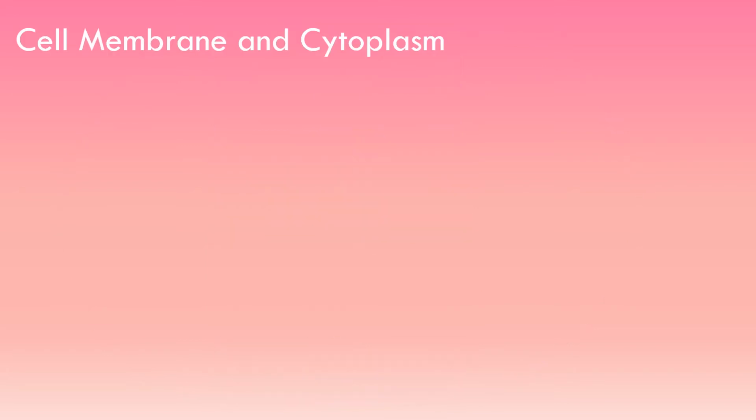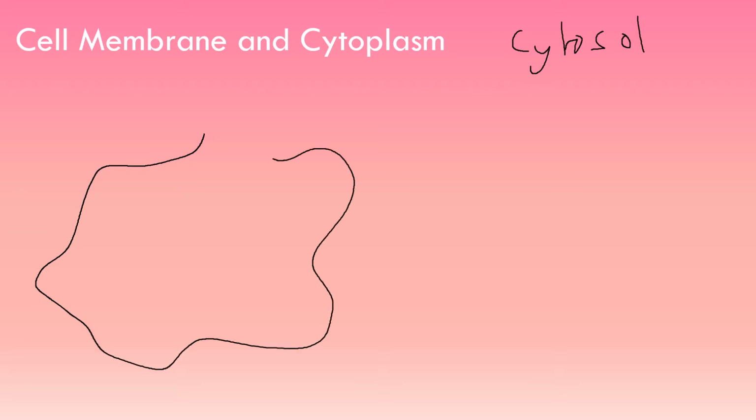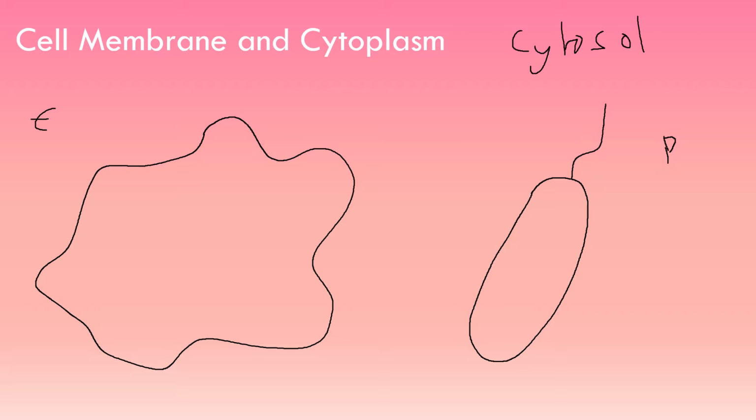Okay, the cell membrane and cytoplasm, and indeed cytosol. Cell membranes are made of phospholipids, which we'll do in class, and the cell membrane is the thing around the outside. It is not the cell wall. Cell wall is very different. So here we have a eukaryote on the left and a prokaryote on the right. Now notice that both types of cell have a cell membrane, and that's one of the